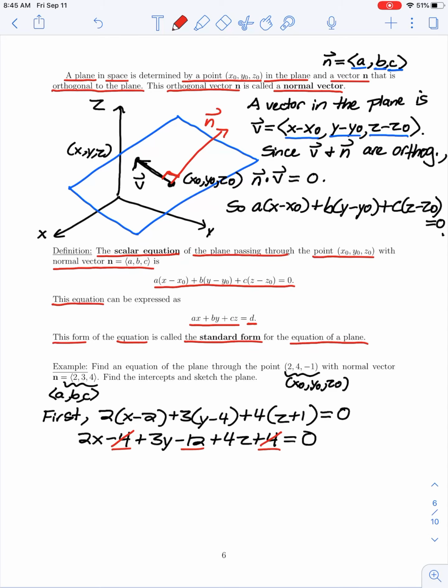And then moving this negative 12 term to the right-hand side of my equation, I would be left with 2x plus 3y plus 4z is equal to 12. And this now has the standard form for the equation of a plane. Now from here, we were also asked to find the intercepts of this plane and sketch the plane. When we're talking about the intercepts of the plane, we're talking about where this plane will cross the x, y, and z axes. So here to find the intercepts,